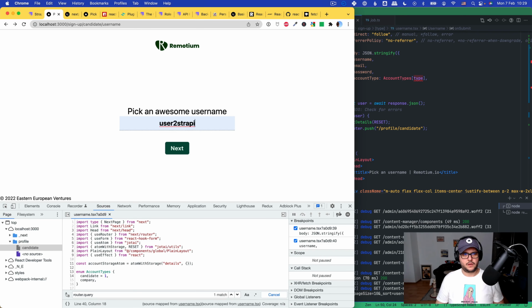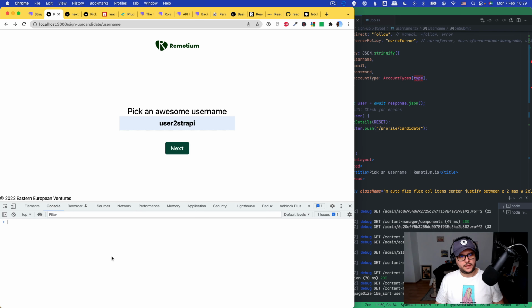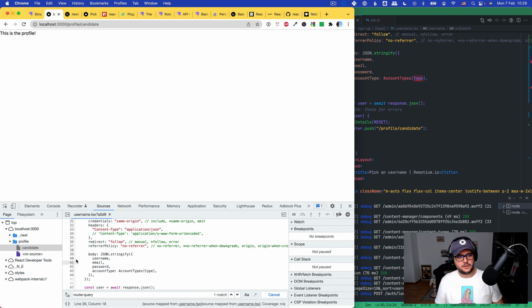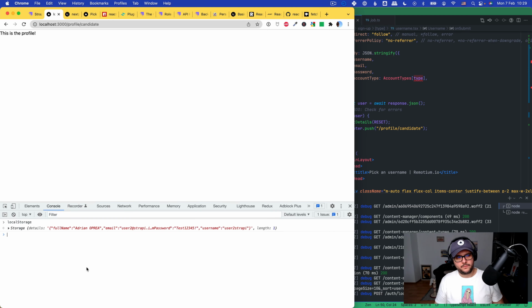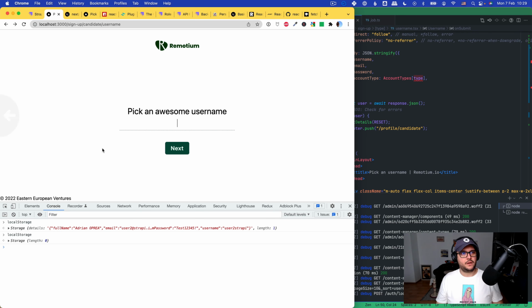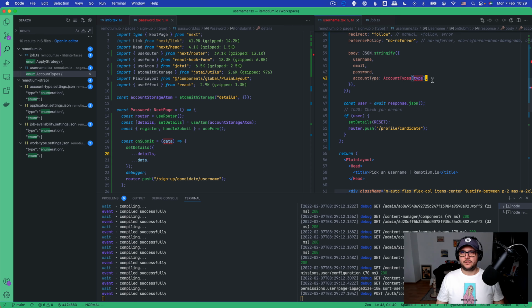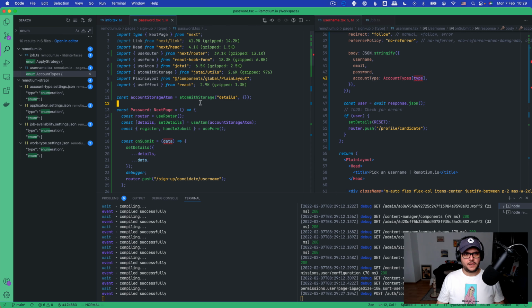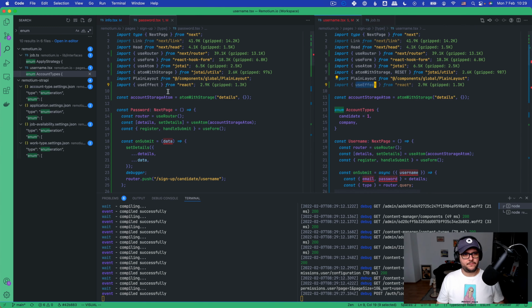User to Strappy. So right now, local storage has details over here. If I hit next, it's gonna do its thing, take me to the profile. But then if I check local storage again, no details. It's nada. So if I go back, I should actually have this on username the same way I have it on password with use effect, which is take me back if